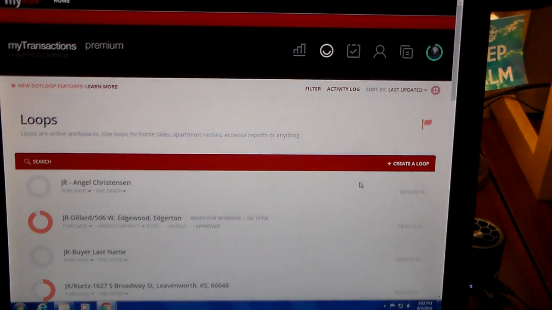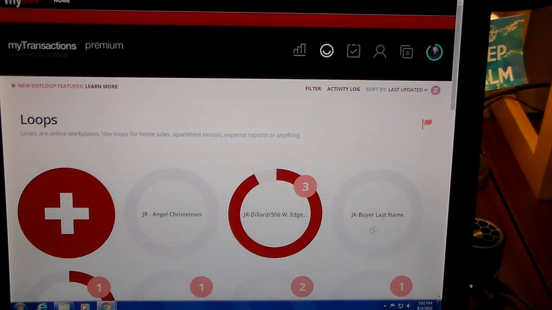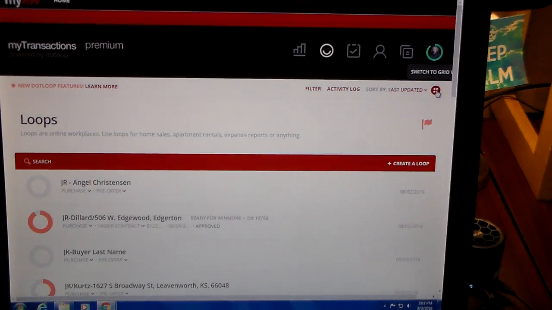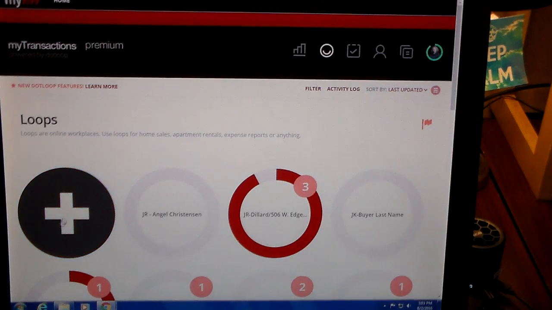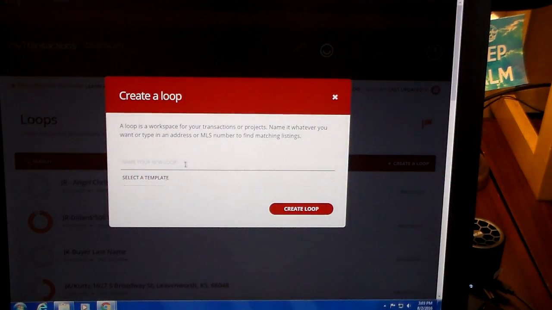So once you're here, your screen may look like this with circles. So you have two viewing options, circles or line. This is what I prefer, is the line. So when you want to create a new loop, you start here or here with the big plus. So I'm going to go back to my list view, create a loop, and this is going to be a